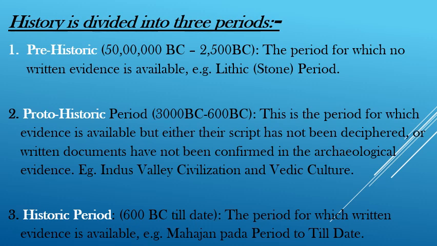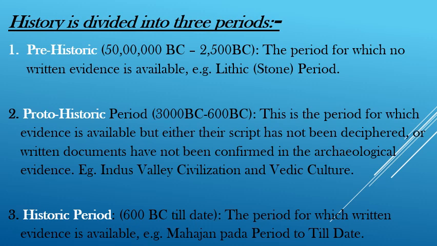If we talk about prehistoric time, it begins with 50 lakhs BC to 2500 BC. In this period, we do not have any written records. The period for which no written evidence is available is called prehistoric. Stone Age and Bronze Age, we can say, because a script is available in the Bronze Age, but it has not been deciphered to the present time. So prehistory is the time in which we do not have any written records, and only some archaeological remains are available